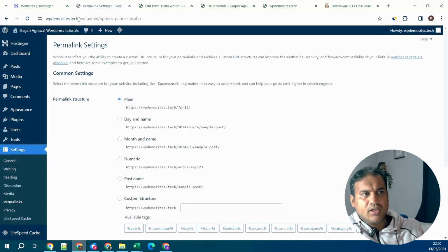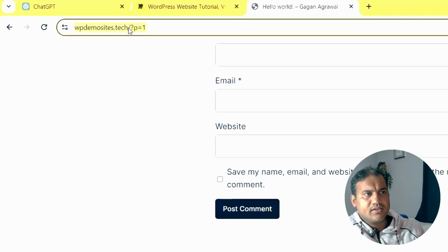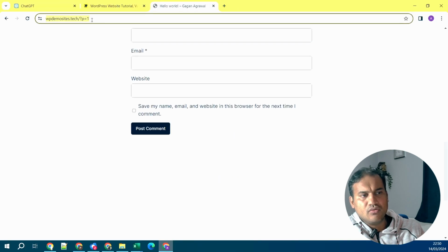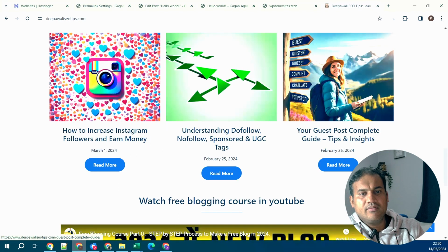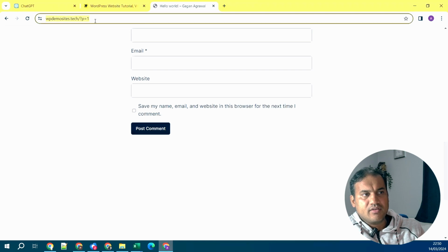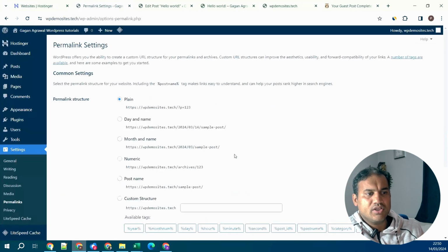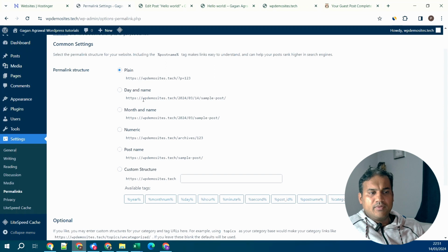Basically, it's the URL that is being generated. If you see, my Hello World URL is /?p=1, but that is not a good URL from a ranking perspective or from any website perspective. Say for Deepavali SEO tips, it says guest post complete guide, but over here it is ?p=1. So how can you change it? There are various options. Either put a day and name, which is not the recommended format. The recommended format is a custom structure,